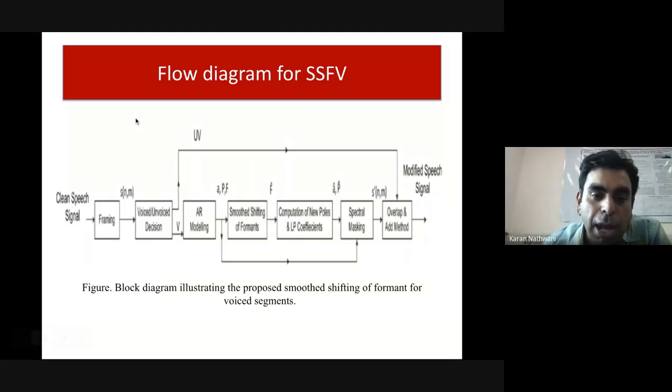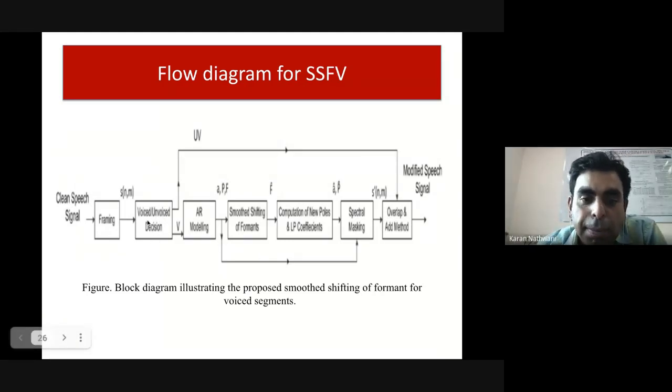So now once you have the voiced and unvoiced decision, this can be done by a machine learning task also. You can have a lot of data, do the analysis, and do that as well. So just to touch upon machine learning, it can be applied in this task as well, although we use a very simple approach, that is pitch. For unvoiced, pitch is 0; for voiced, pitch has some values. For men, it is from 60 to 120 hertz. For female, it is more than 200 hertz, something like this.